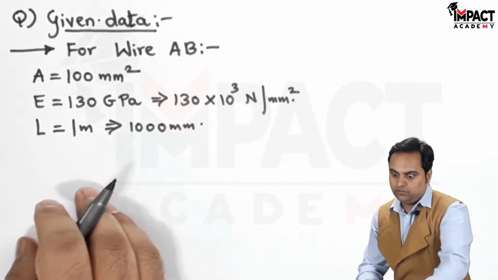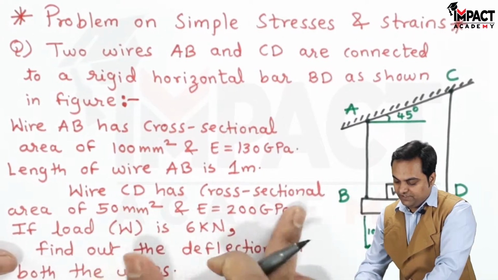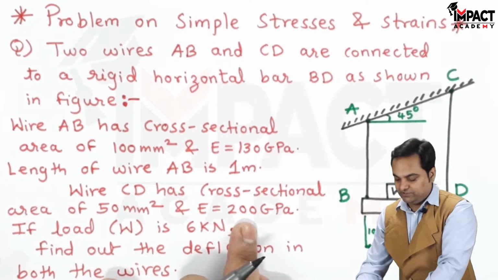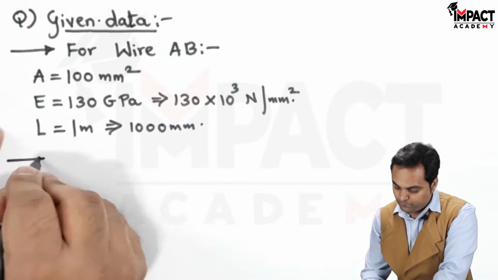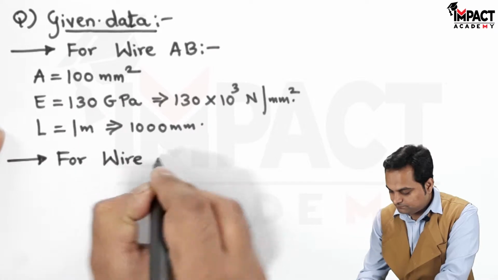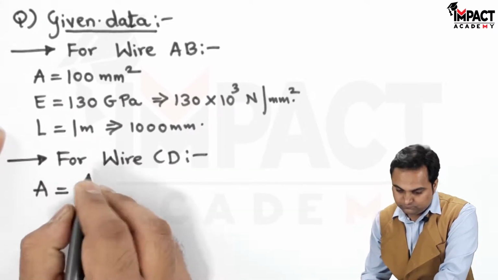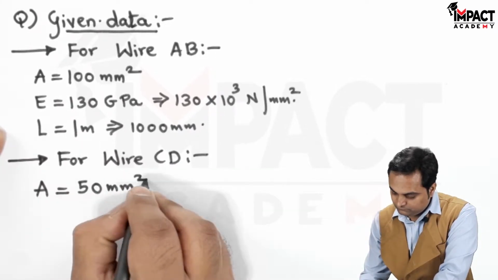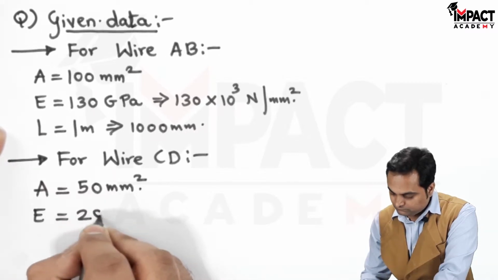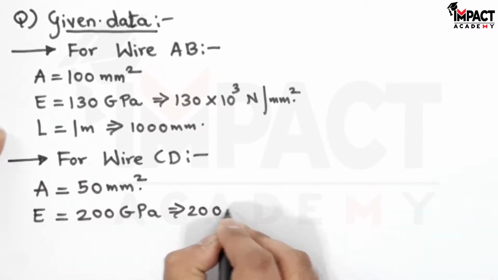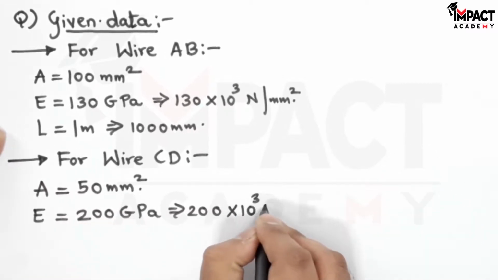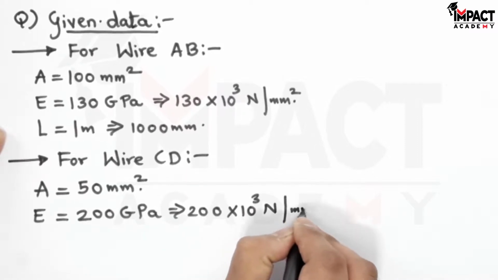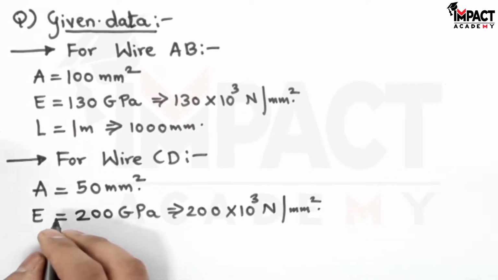Then for wire CD, the cross-sectional area and Young's modulus is given. So it is 200 into 10 raised to 3 Newton per mm square. Then